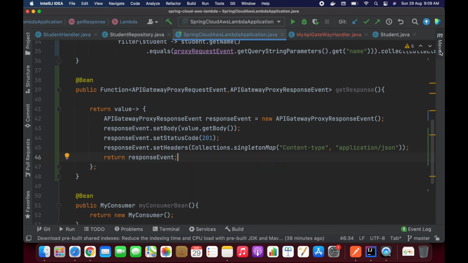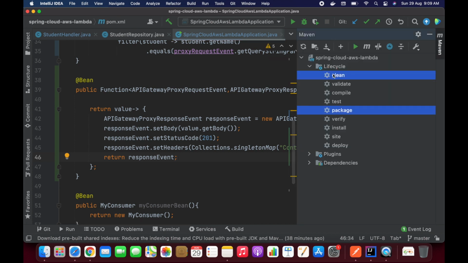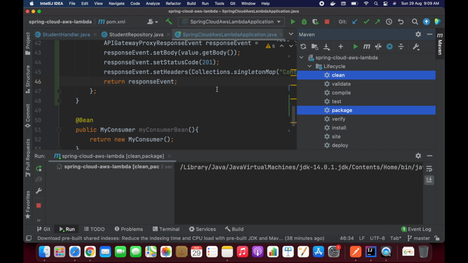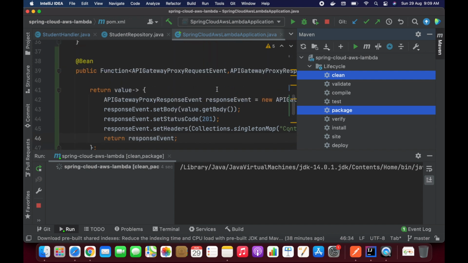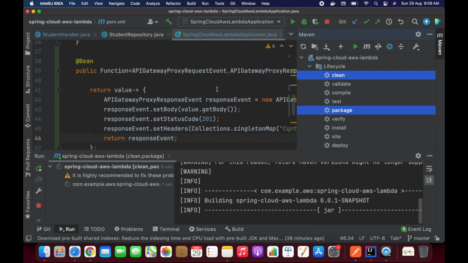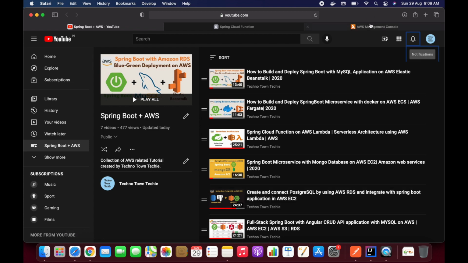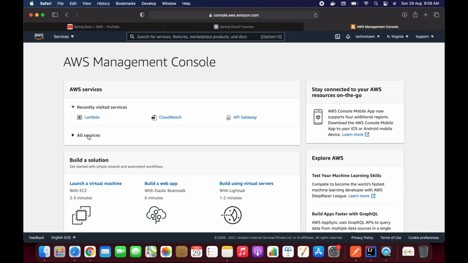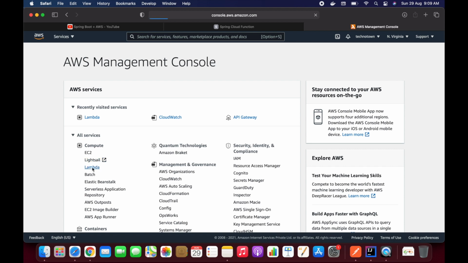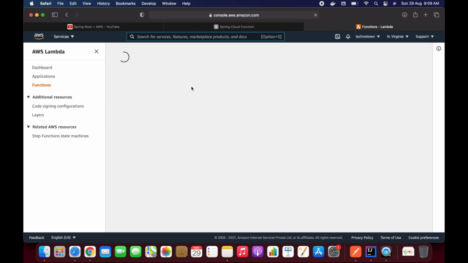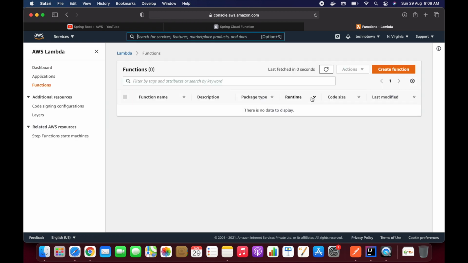Now let's build this and test this application, guys. It will take time to build. In the meantime, go to the AWS console and click on All services. Here you will find Lambda. Click Create function.